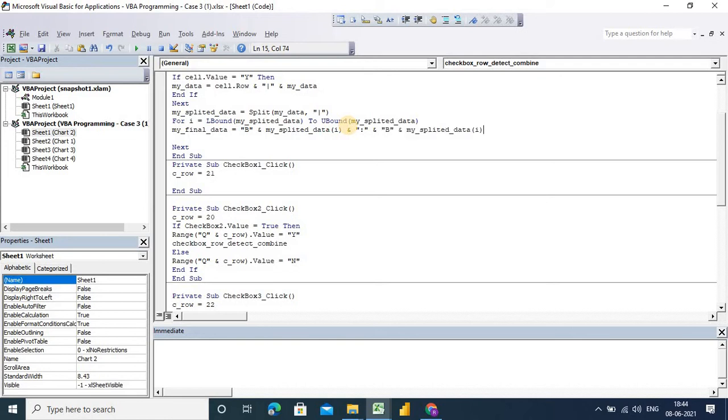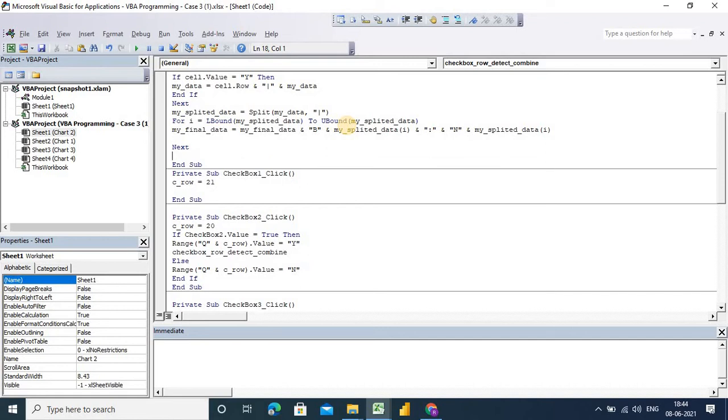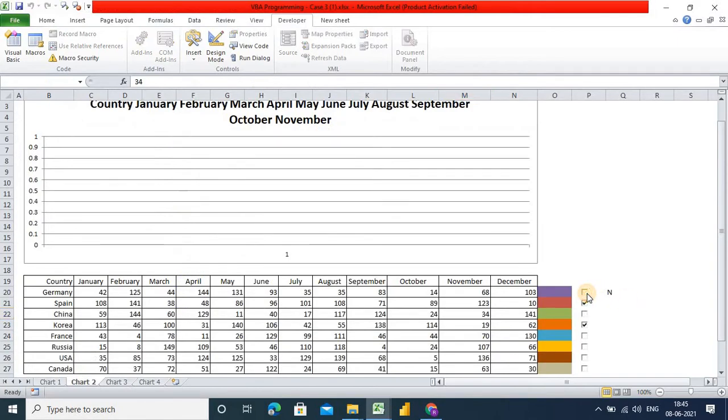B to N, right? And this is my final data. As it is the same, what will it show as output? Just see. B20 to N90, and again it's showing BN.